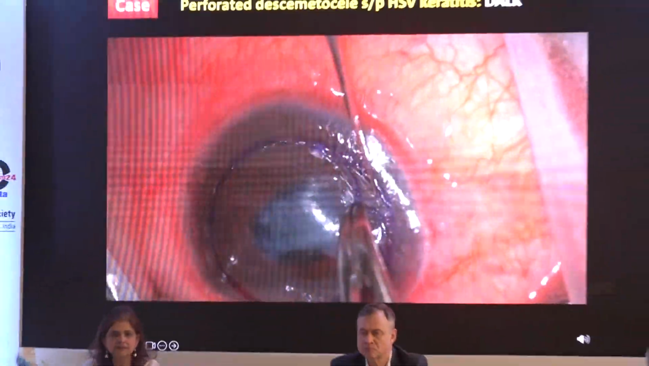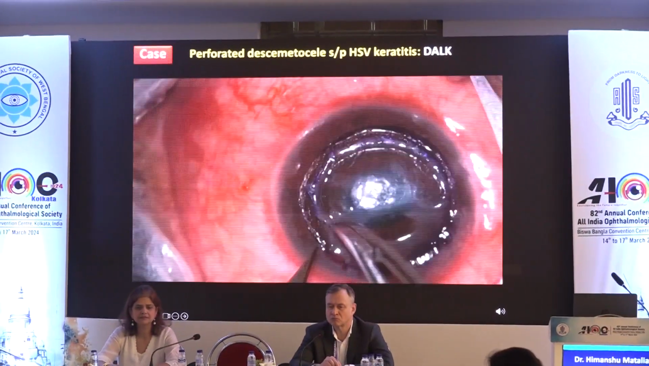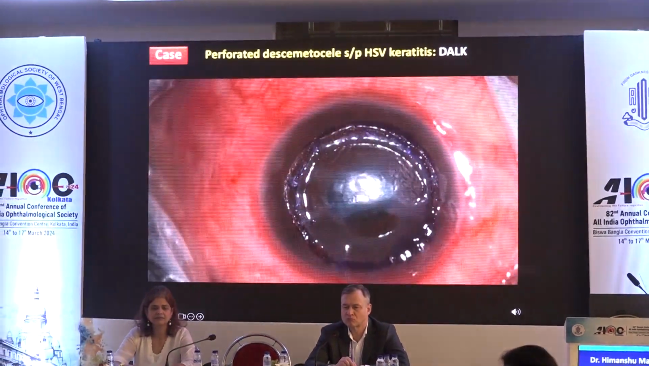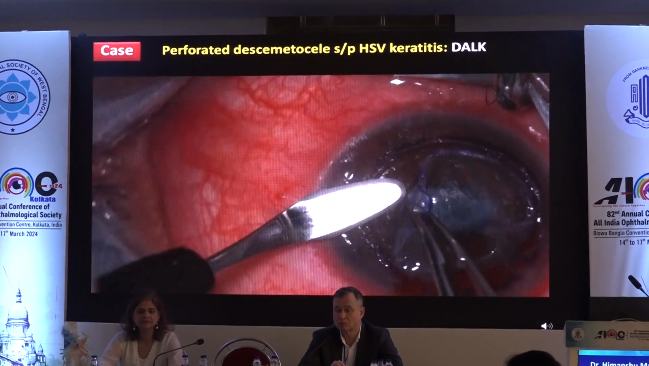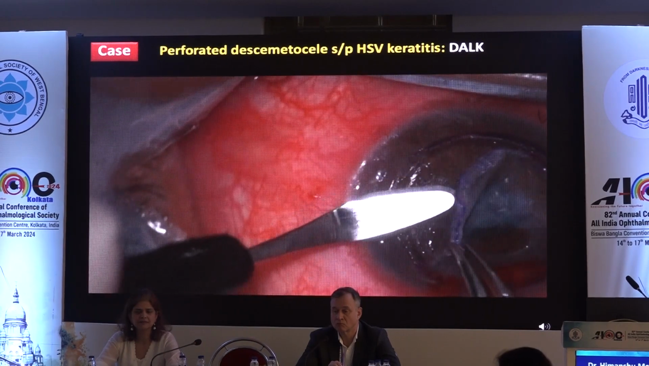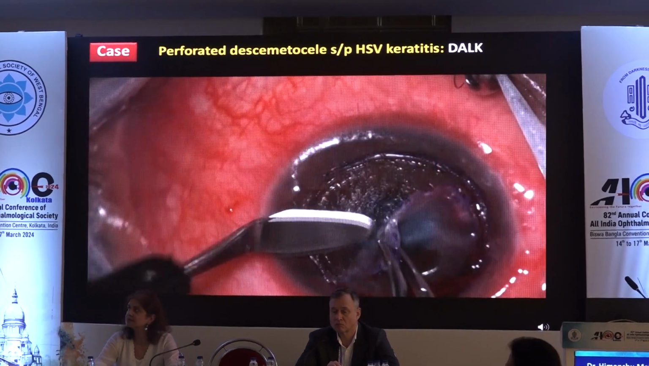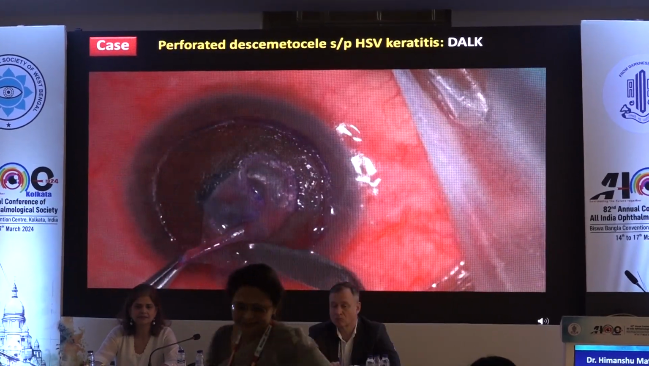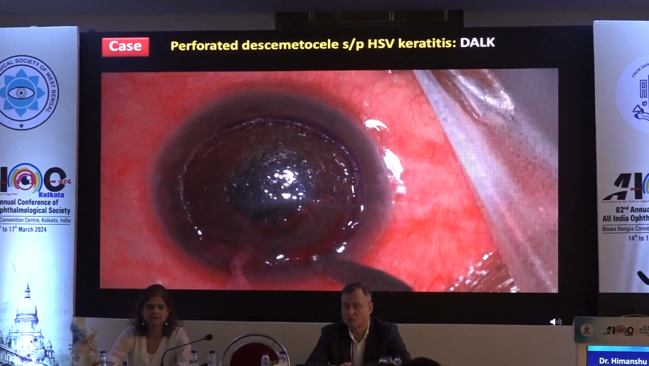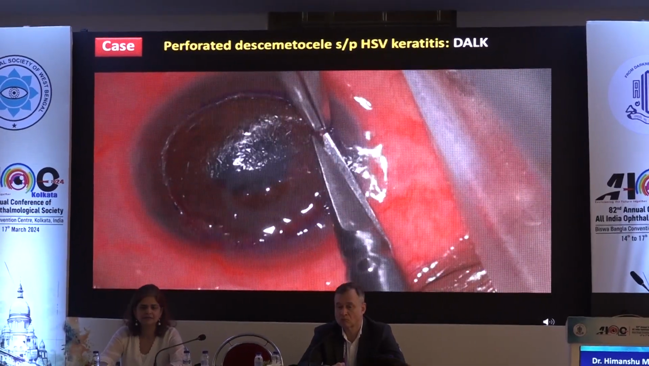As you can see from this case, this was a perforated descemetocele which was due to herpes simplex viral keratitis. When I saw it, there was no obvious infiltrate, but there was a large perforation. So I decided to do a DALK there. The perforation was large enough and I was a little concerned how it was going to play out. But as it had possibly left the rest of the cornea uninvolved, I thought of trying out DALK